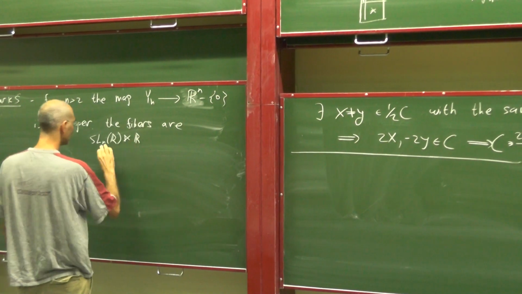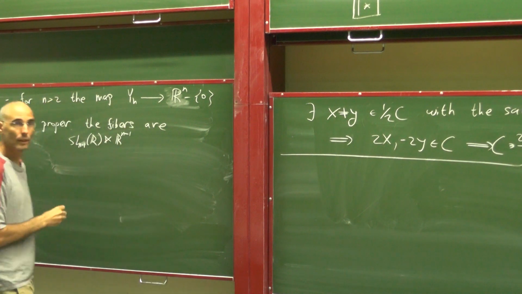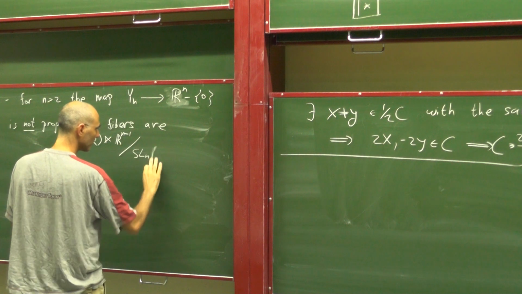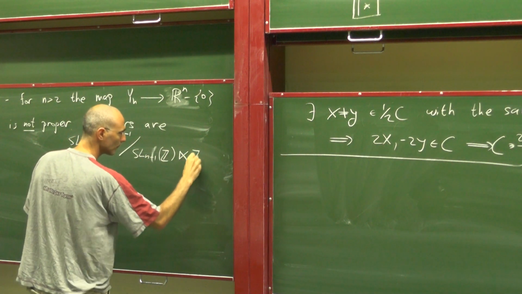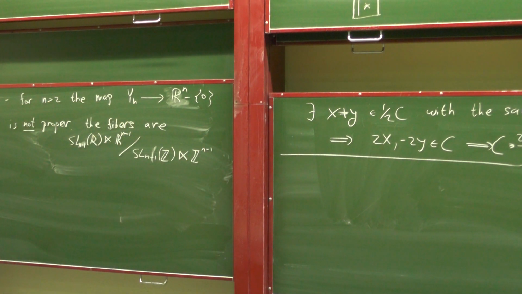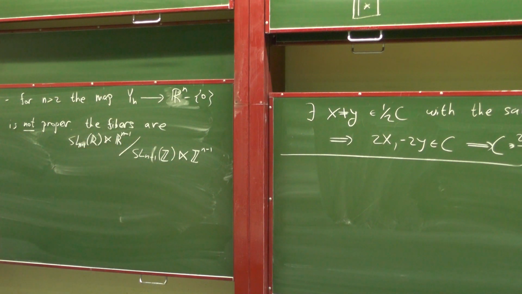Rn. Sorry, SLn minus 1. So we direct Rn minus 1 over the z points of that same thing. Somehow for n equals 2, this part vanishes and we stay just with R mod Z. So this is a bit misleading. Now,